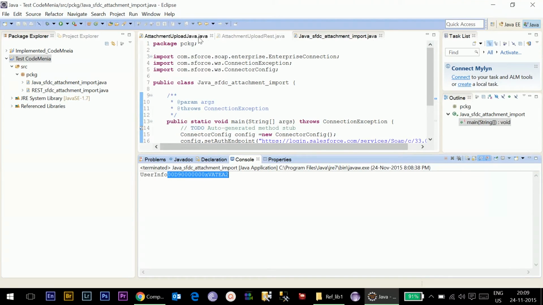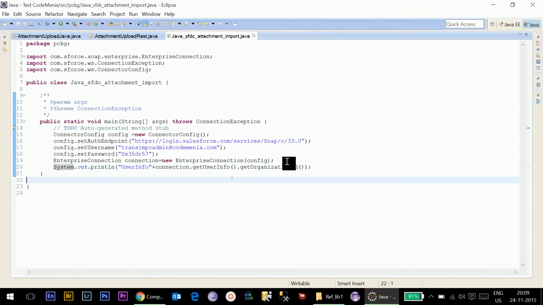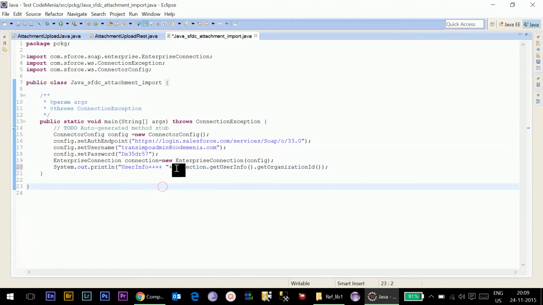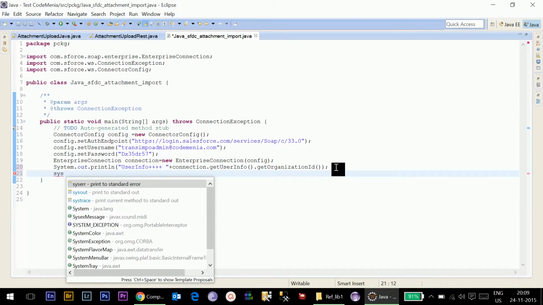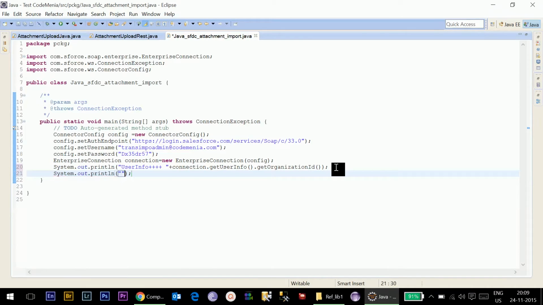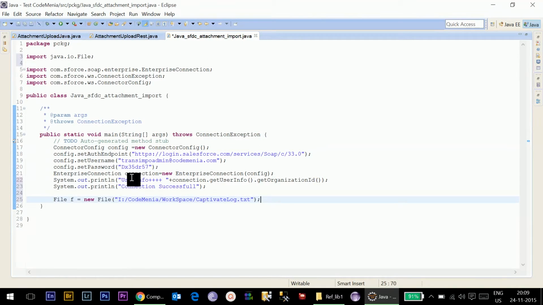So I need to get back into the code here. If we want to add some function, I need to perform some modification here, that sysout connection successful, and then I will be working on the attachment upload. So first of all, I am going to create one file here, file f is equal to new file, and